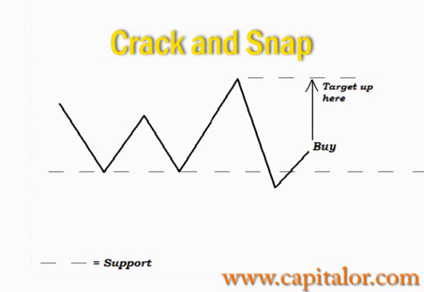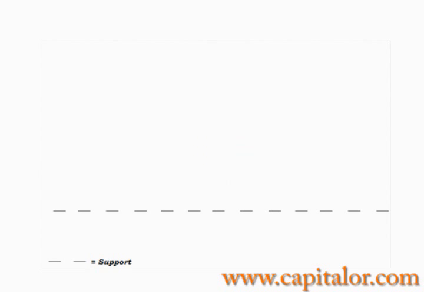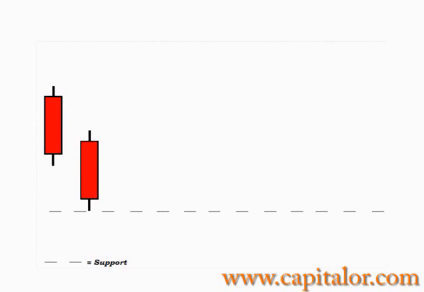And to make your apprehension of this pattern even easier, I am going to show you a simulation, much like I did with the falling off the roof pattern. So prepare yourself. This time the dotted line is support. The simulation begins with the candlesticks approaching the support line, but stopping right above the support line and going up